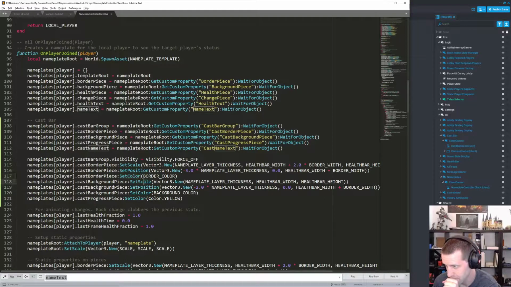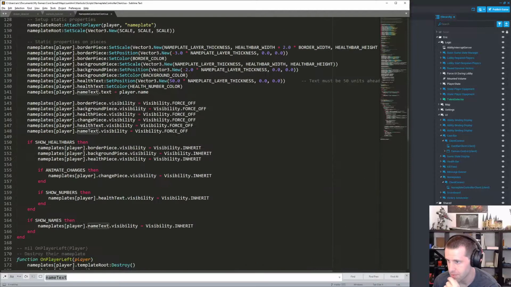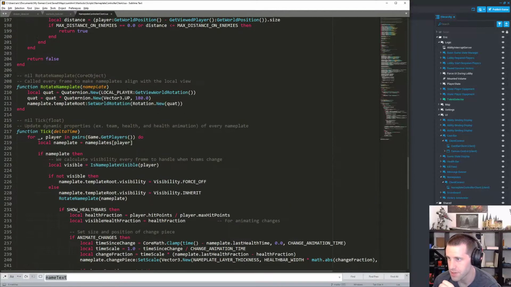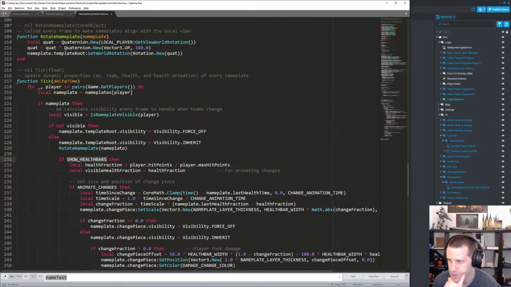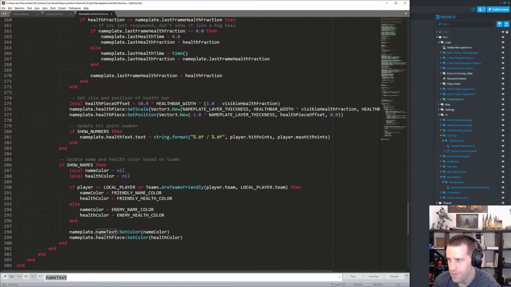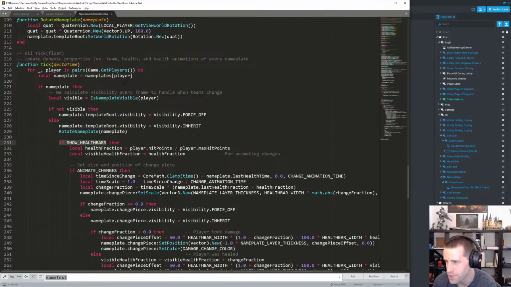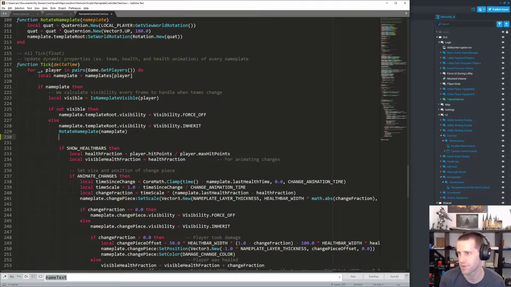Scale, position, color. Yeah, all right. So then we need to, down in our tick function, if we have a nameplate, if it's visible, if it's not visible, then don't do anything. If we're showing health bars, so I don't actually care if we're showing health bars. We're always showing this because it's in this version. We're going to, in here,